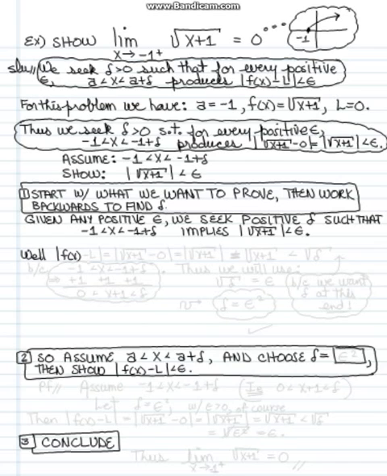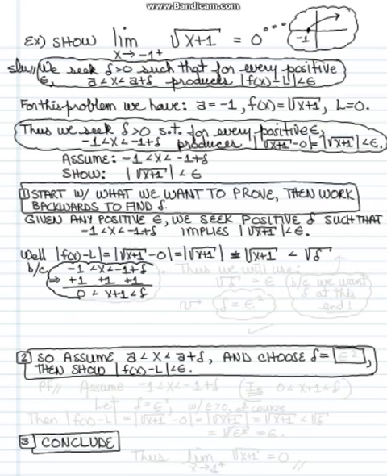Well, f of x minus L, absolute value, is the absolute value of the square root of x plus 1. Well, that's equal to the square root of x plus 1 because square roots are always non-negative. We don't have to have the absolute value bars on it. So these are all equal to each other, no inequalities. But that's smaller than the square root of delta because negative 1 less than x less than negative 1 plus delta, if we add 1 to the three regions of this inequality, we get 0 less than x plus 1 less than delta. Thus, we're going to use the square root of delta